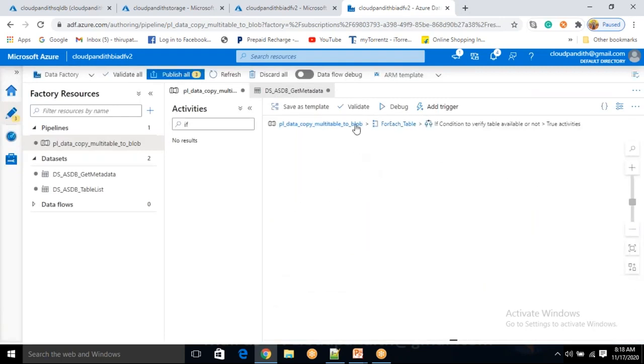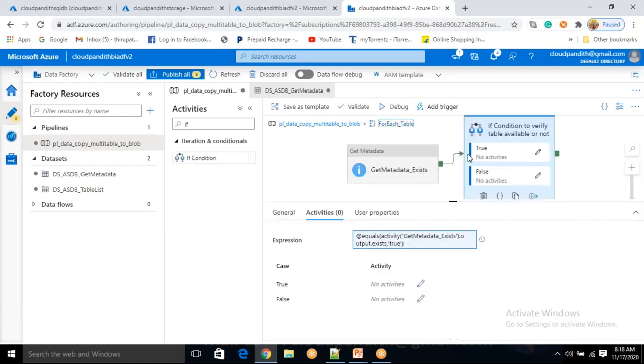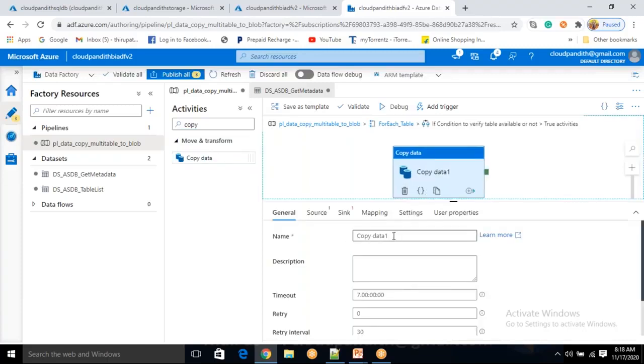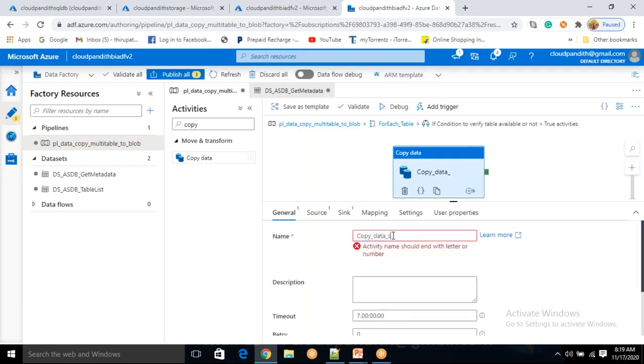Now you need to add the true activity. You can add these true activities by clicking here. Now what activity do I need to use? Copy activity. Bring the Copy data activity. Now in this Copy data activity,